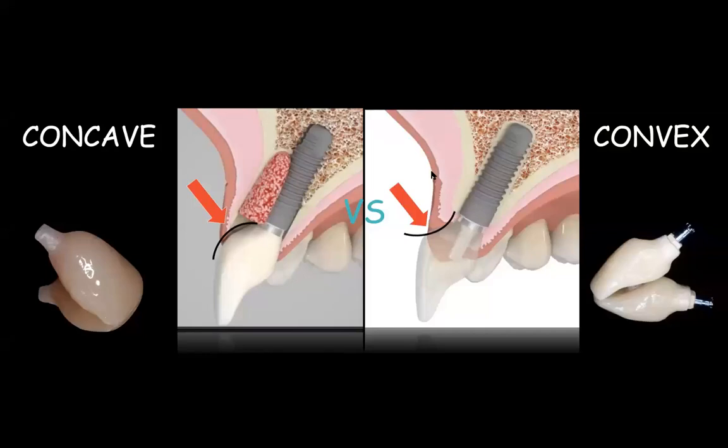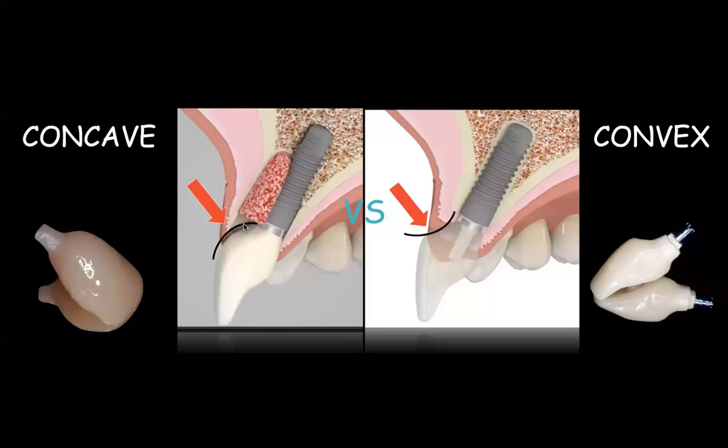In order for this soft tissue to not shy away, we need to create a much thicker soft tissue today than we knew we had to. In this particular case, the concavity of the tooth, whether it's a temporary or a final crown,